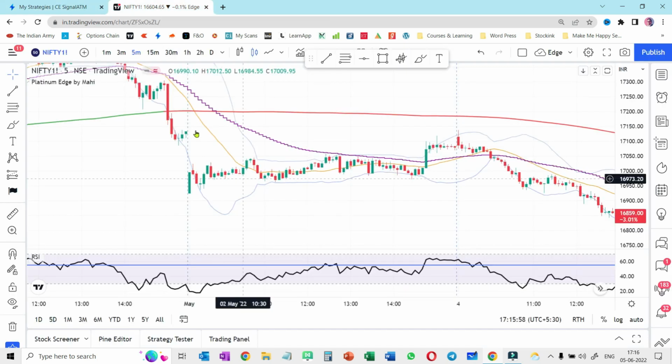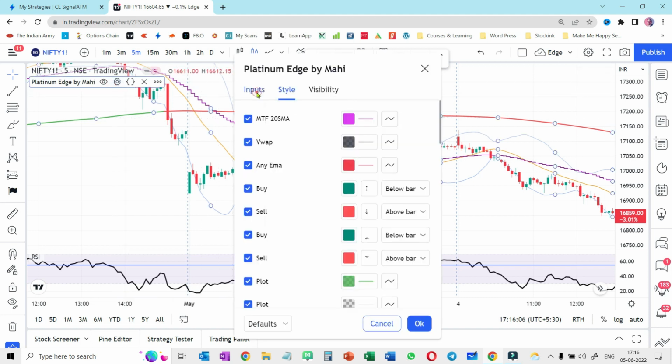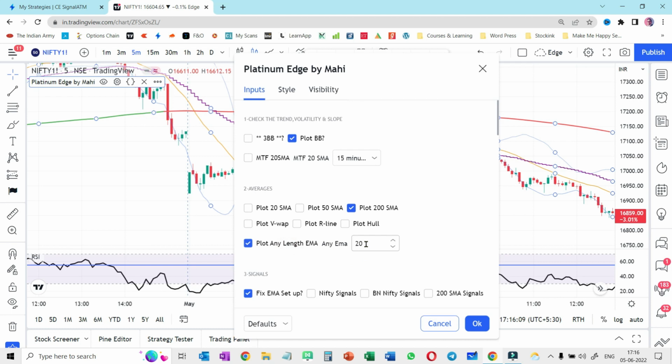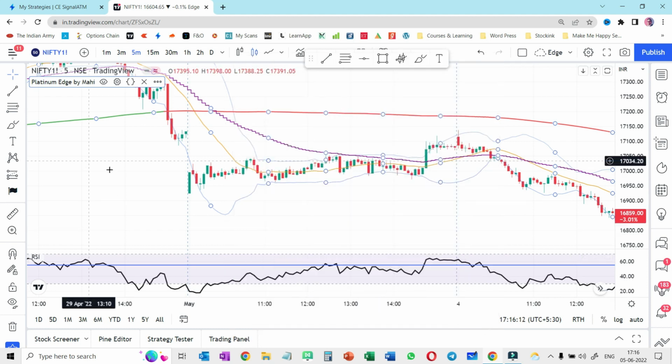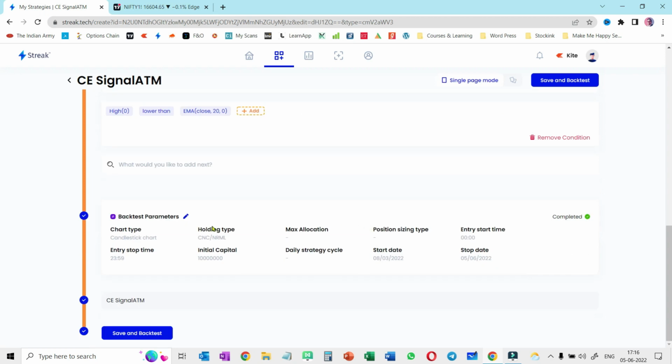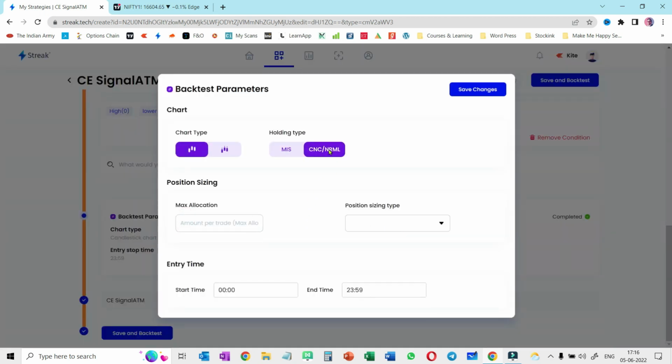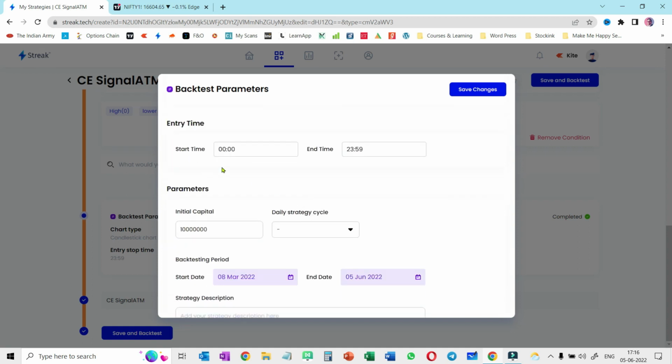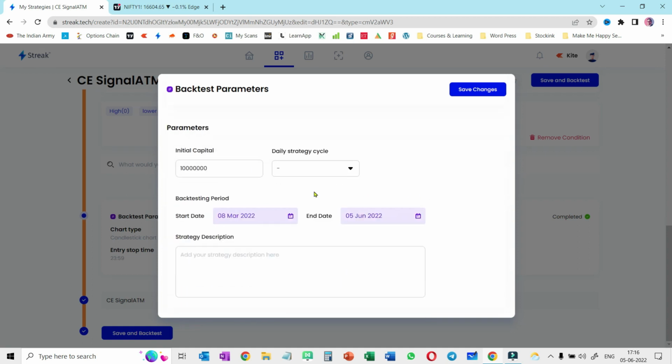Now over here I don't have EMA 20, so what I've taken is SMA 20. I can also add over here, there's one more EMA I have, and that's 20. So using these lines also you can understand on the future chart. Then my testing is on normal, I'm not doing MIS. Time entry is for full day. There are no cycles that I'm using. We can choose one if we only want to trade once, but I'm choosing n number of times